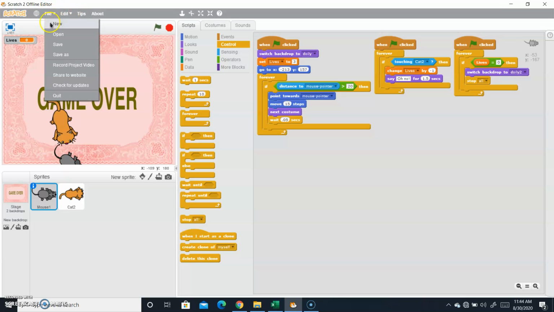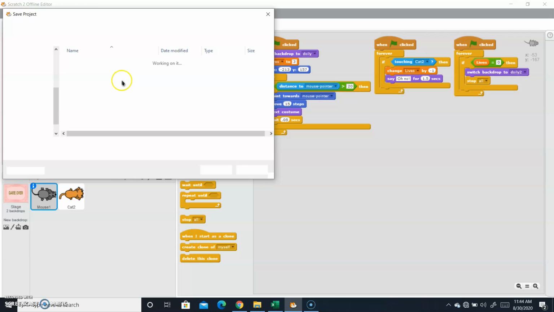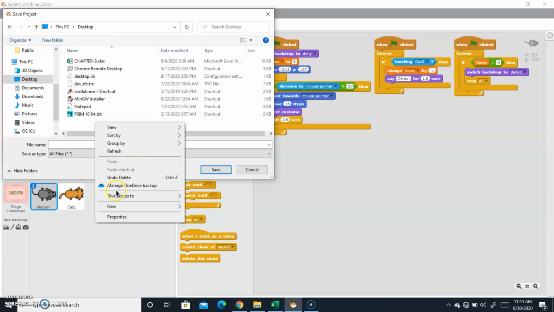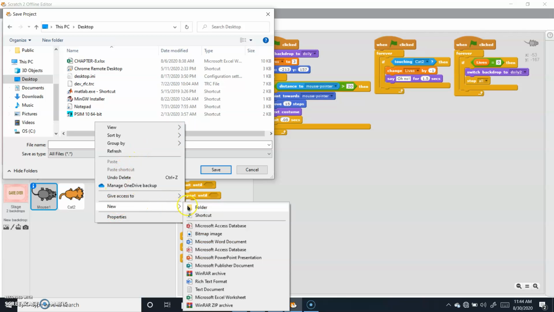Let me save this project, save as. Let me go to the desktop, and on the desktop let me make one folder, new folder.